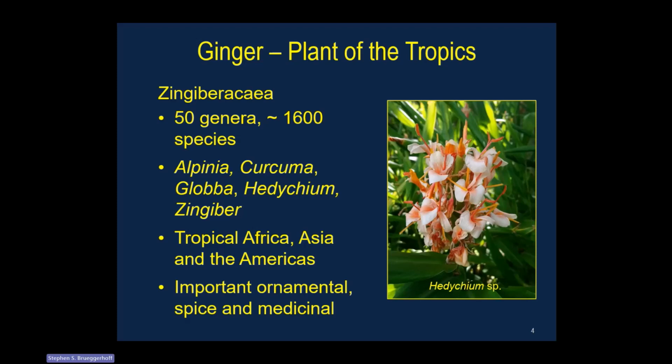There are gingers that grow wild in the Carolinas, Tennessee, etc. Those plants are of concern because of overharvesting. But just to come back to that, we do have members of the genus Zingiber here in the United States. They are considered to be important because of their ornamental value, because they are used as spices and medicinally as well. This is a picture. Most of the pictures in this presentation, either I took them or I have